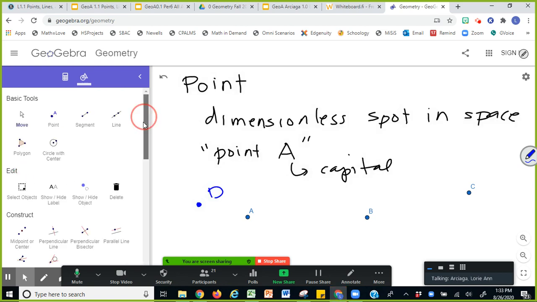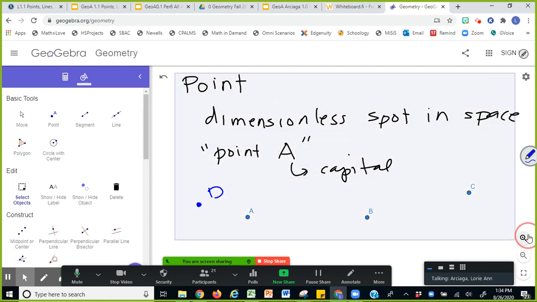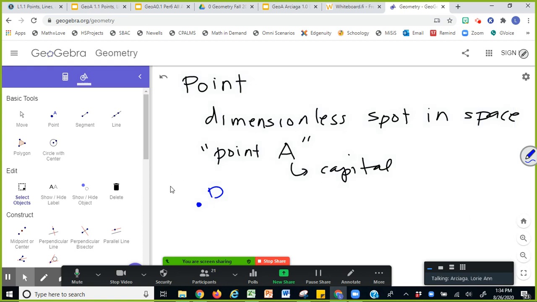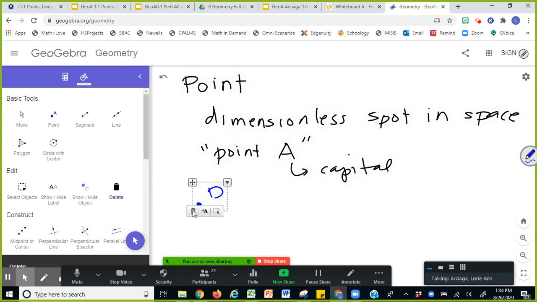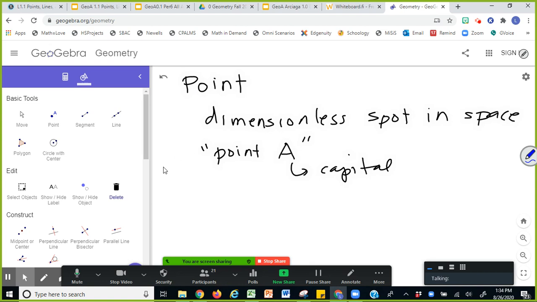Now, in order to show more tools, you click on more, and I did that already. And if you want to delete certain objects, you can draw a rectangle around them. Like what I'm going to do now. I'm going to draw a rectangle so I can delete everything that I wrote. Oops, did it work? It should work. Or you can click on the delete button and delete them one by one like this. Now I'm going to use my writing tablet's eraser to do this so it's faster.